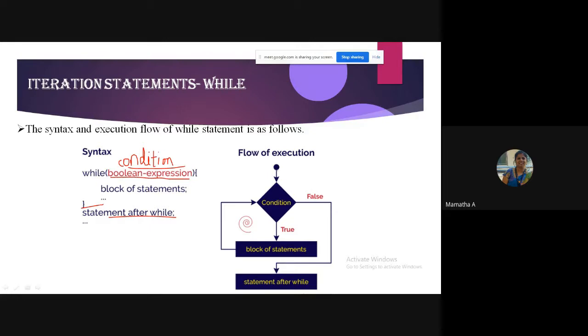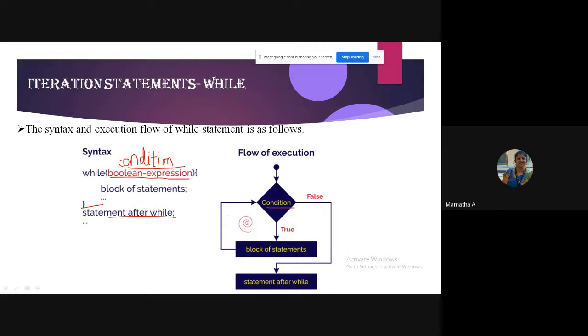And how does the flow go? You can see it is an entry controlled loop. It checks the condition. If it is true, it will execute the block of statements associated with it. Again, it jumps back to the condition. It is looping; you can see that symbol that I have written, loop.